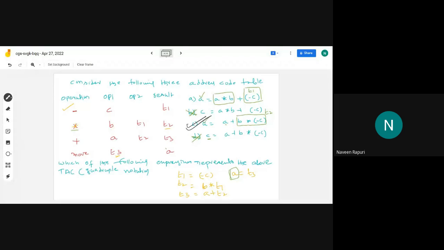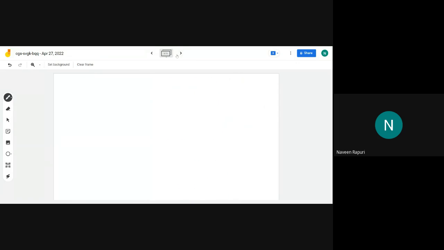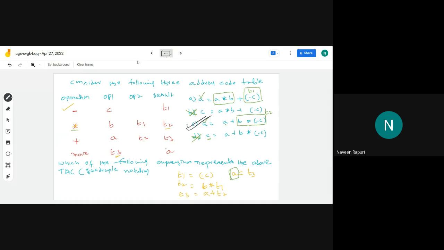Like they may ask you, sir. So this is the topic about quadruple. Here we have some disadvantage. In quadruple, there is some drawback. What is that drawback? You see here, sir. Suppose if we see the result,